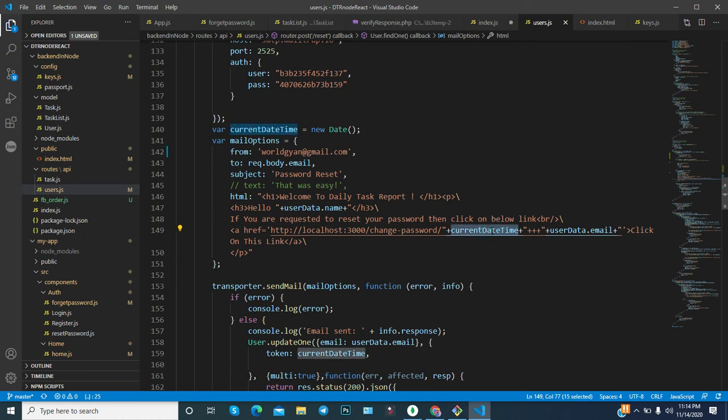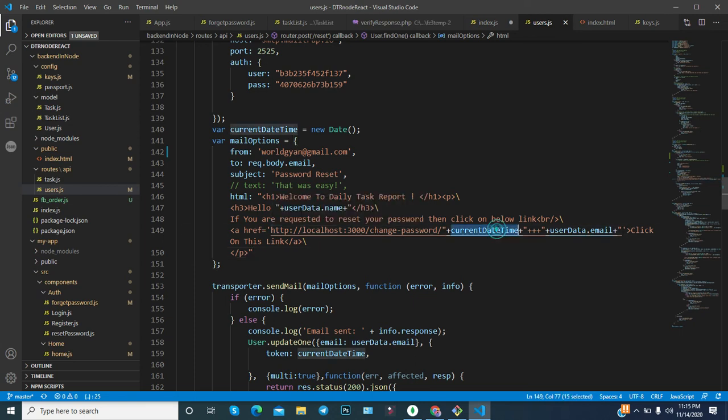So now this is exposed in the URL, it should not be. However, just for the testing I am providing it, this is just the idea of how you can reset a password, but it should not be exposed. Otherwise most of the people or the hackers will just change this date or time in the URL, and in this way they can access the change password link anytime. So it should not be exposed in the URL, or it should be in the encoded form, so that they cannot understand it.